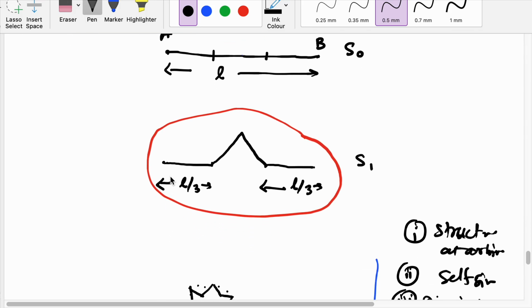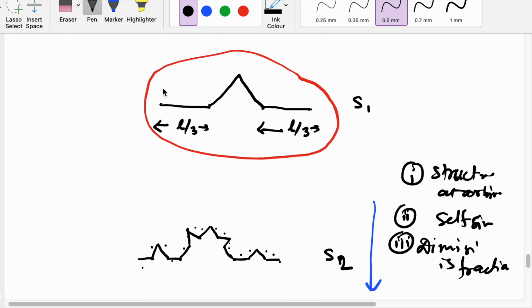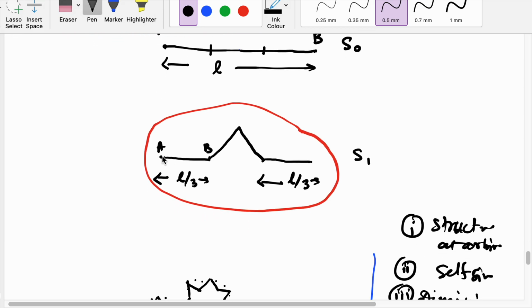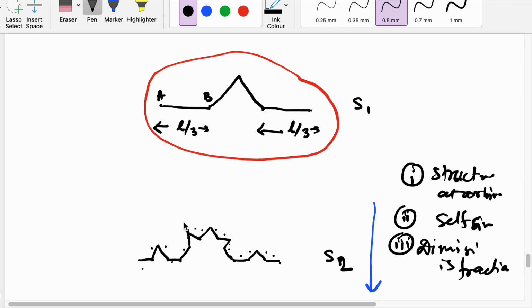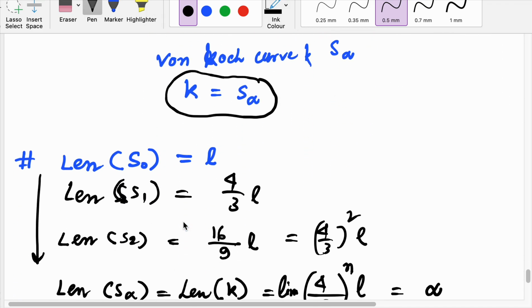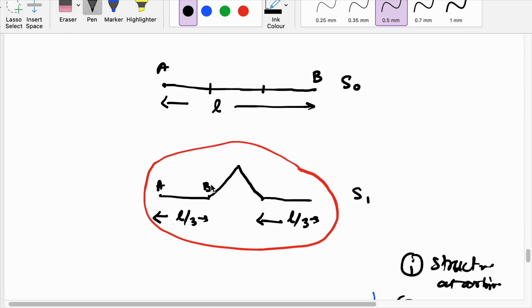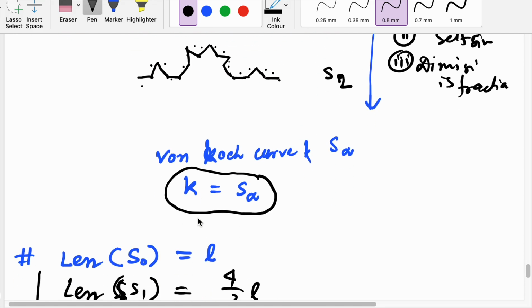Now here also, if you take for example this point, A to B, suppose this line is similar to this S0, only the difference is the first distance is L by 3. Now if I go up to infinity, you will find similar logic, and the distance between, suppose, B, this is C, the distance AC,